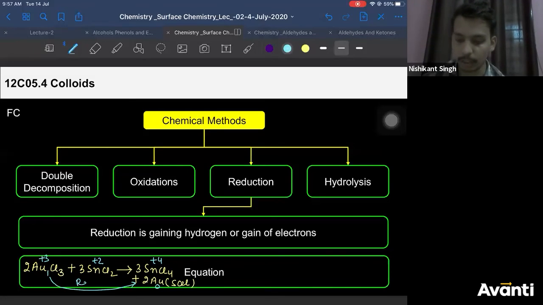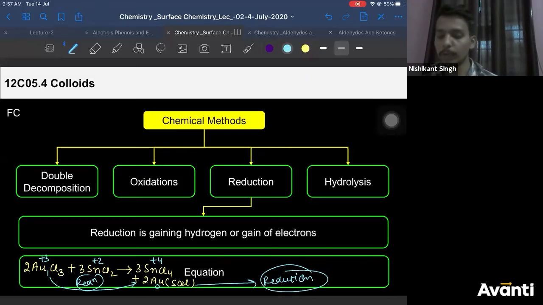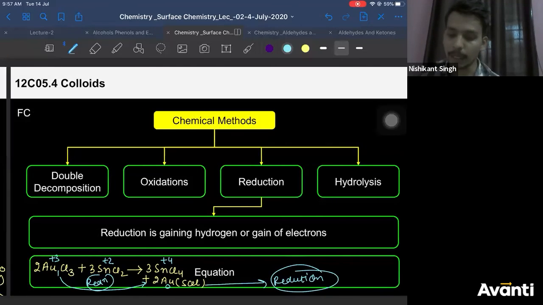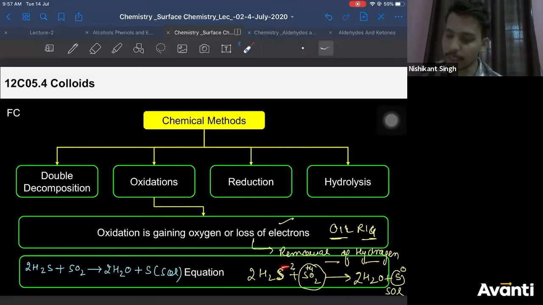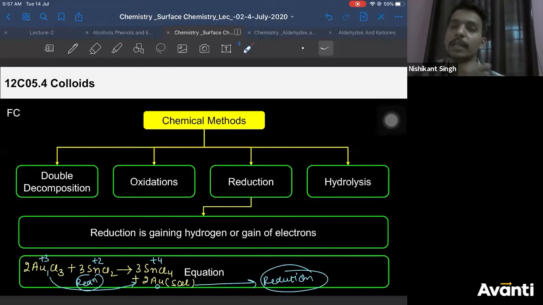So what is happening to gold? Gold is going from +3 to 0. Gold is undergoing reduction. So the gold sol which you are getting here is obtained by which reaction? Reduction. Correct? So therefore you say reduction of AuCl3, Au +3 to Au0, will give you a gold sol. Similarly, oxidation of S-2 to sulfur 0 will give you a sulfur sol. Right? So I hope it is clear. You are talking with respect to what you are oxidizing, what you are reducing. We are not trying to say it is an example of reduction reaction. We are trying to say the colloid has been prepared by which reaction?